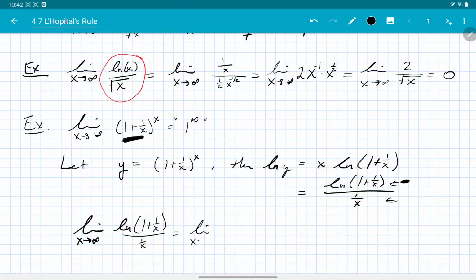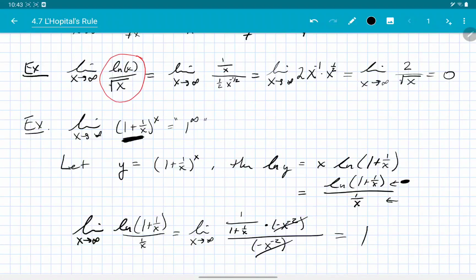Take the derivative of both the numerator and the denominator. So we get 1 over 1 plus 1 over x multiplied by negative x to the negative second, divided by the denominator, which becomes negative x to the negative second. Then we see these cancel, and then we let x become large, and this becomes 1. So this limit is 1,